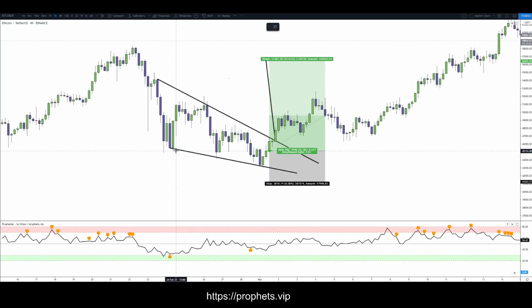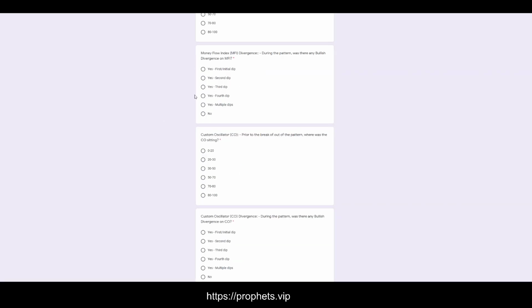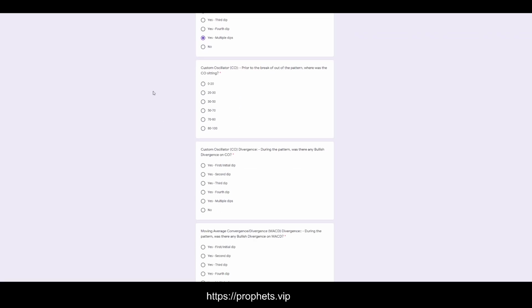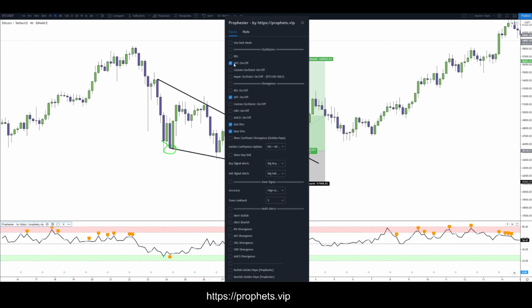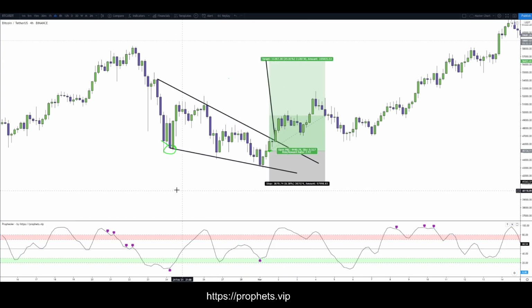So we actually had one here, right? There's bullish divergence through here, and then there's also bullish divergence here, right? So there's multiple dips. Yes, multiple dips. And then again for the custom oscillator of ours, we need to go down here, untick MFI, retick that, untick that, retick that, come back into the chart. So the candle prior to breakout, it was actually sitting,